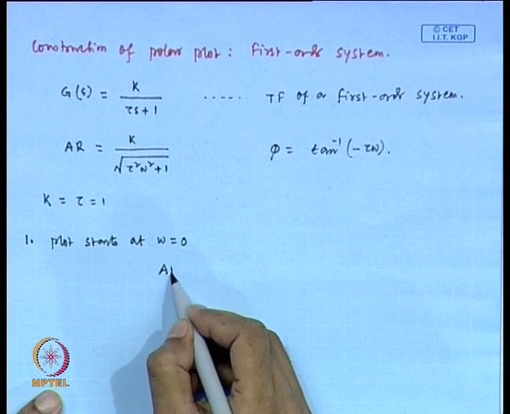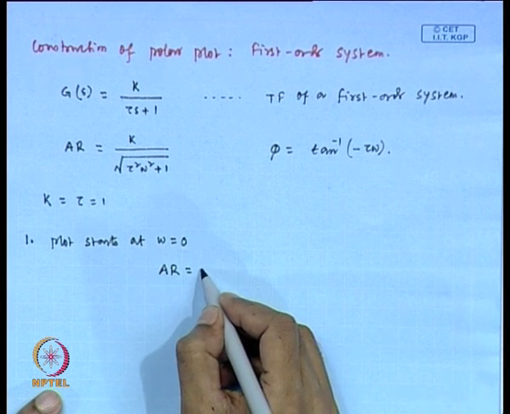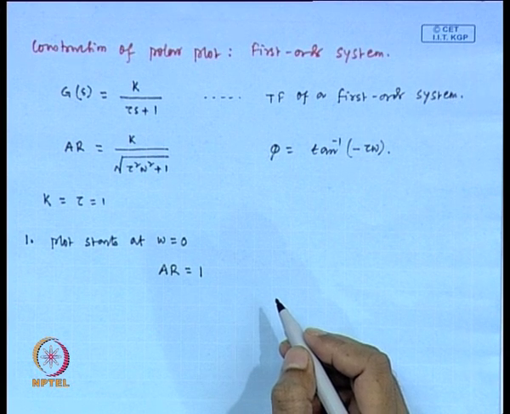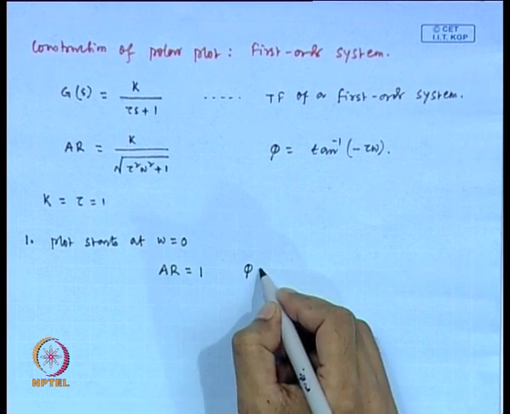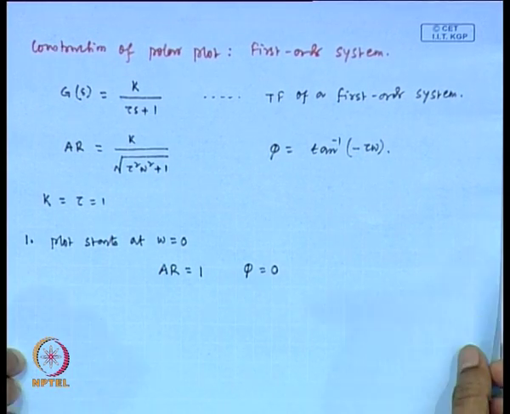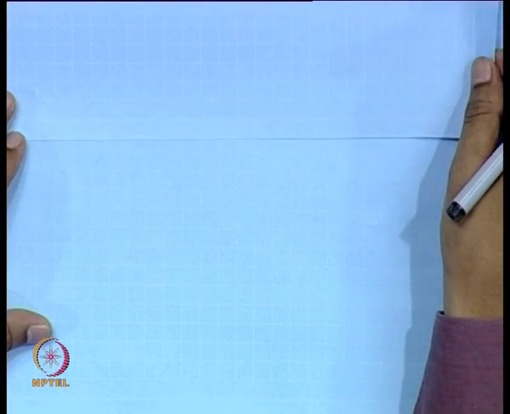If we consider omega equal to 0, how much is the amplitude ratio? Amplitude ratio is 1. How much is phi? Phi is 0. Fine. So, if we consider this point, I mean omega equals 0,